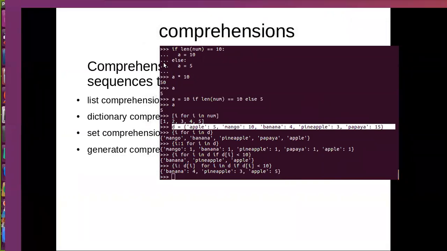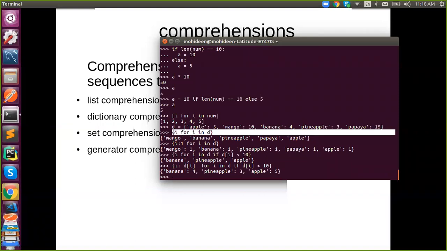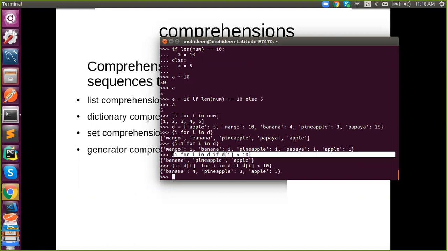Yes, it is there, bro. Moidin, it is there, no? I for I in. It is there here only, no? Which one? The third one. I for I in, the below one, I less than 10. Yeah, that is there, the above one. It is there, which is less than 10. So banana, pineapple, apple. No, I'm asking, I've created it as a comprehension. So you may not understand, right?